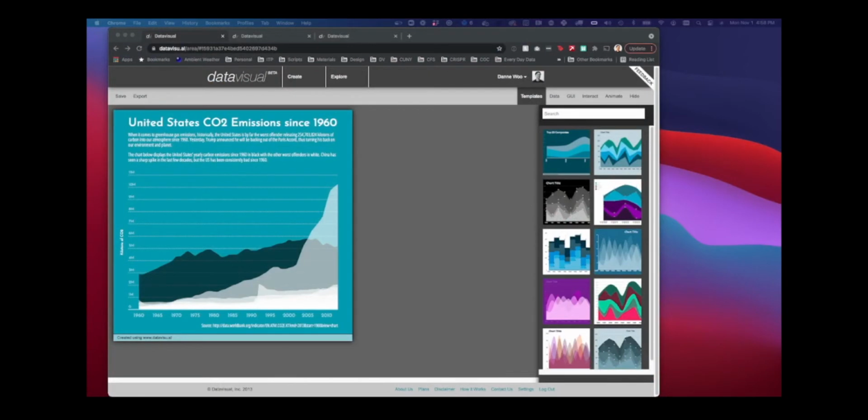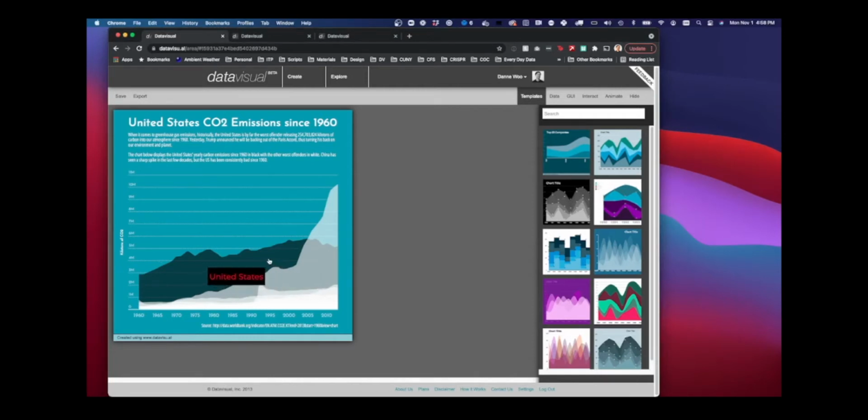So I am going to be using this chart for this example today. This is the CO2 emissions since 1960 by country. So if you hover over each one of these area chart aspects of the chart, it'll show you the country that the data is associated to. So this is specifically highlighting the United States, but I want to look at all the countries in this physical